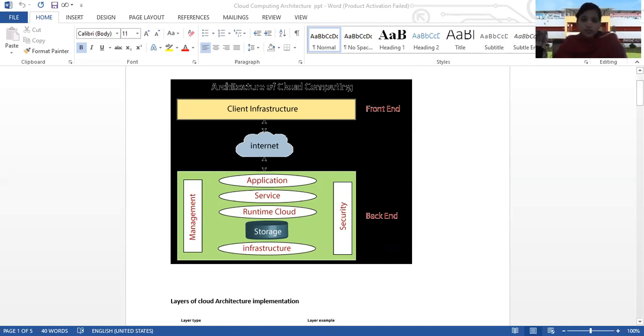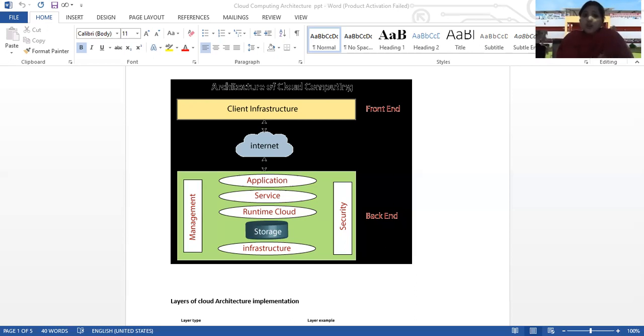First of all, cloud computing architecture. As we know, cloud computing technology is used by both small and large organizations to store information in the cloud and access it anywhere at any time using internet connections, as you can see in your figure or diagram also. So cloud computing architecture is a combination of service oriented architecture and event driven architecture.